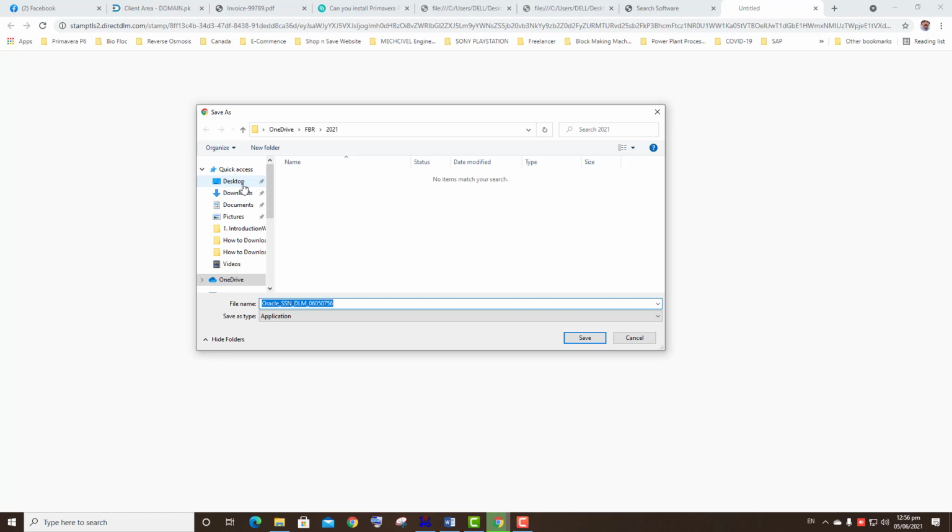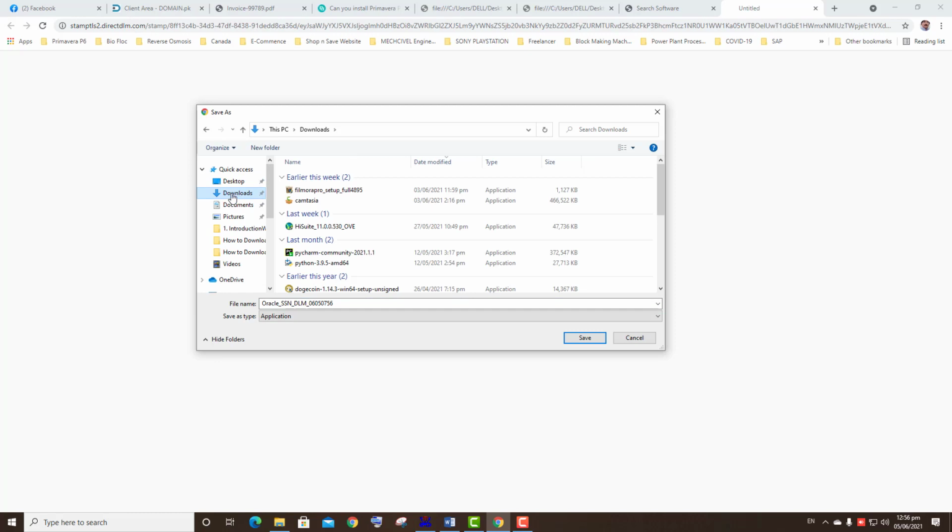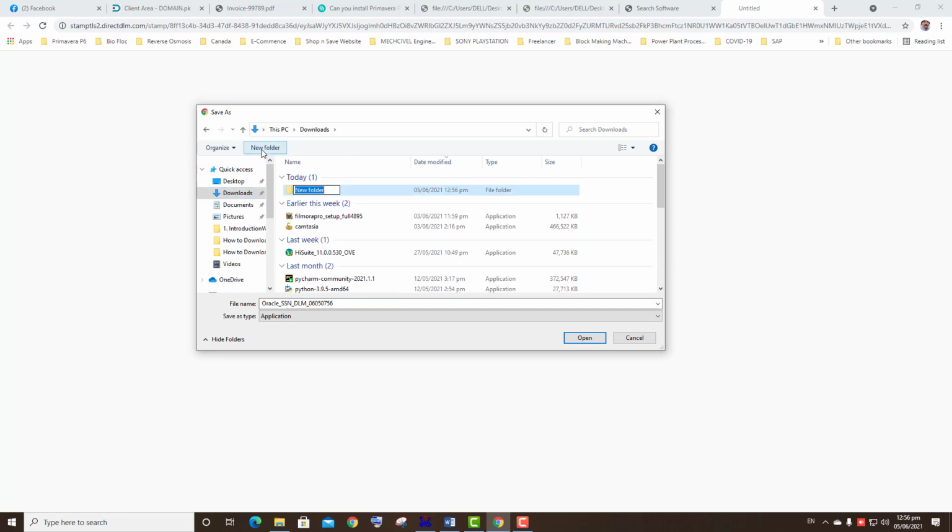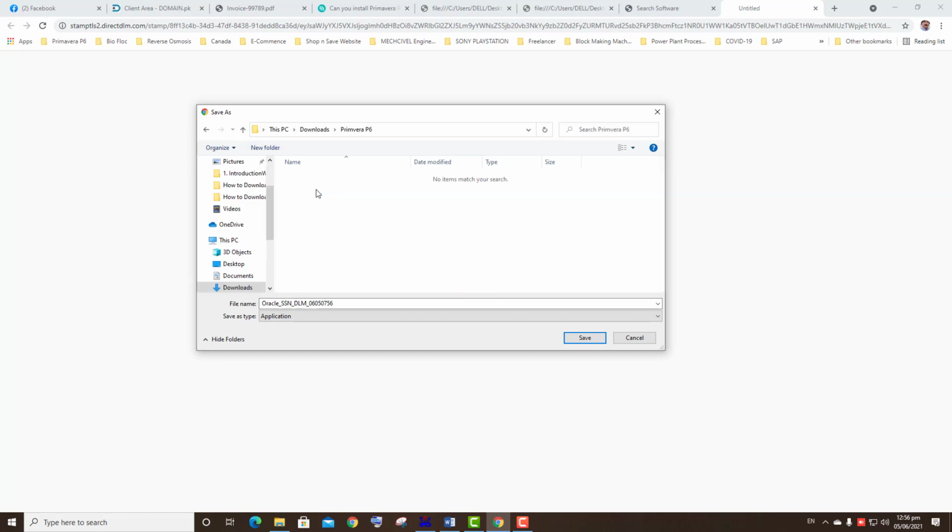Now this download application we need to save somewhere. So I will create in the downloads a new folder and I will name it Primavera P6, and I will save it here.